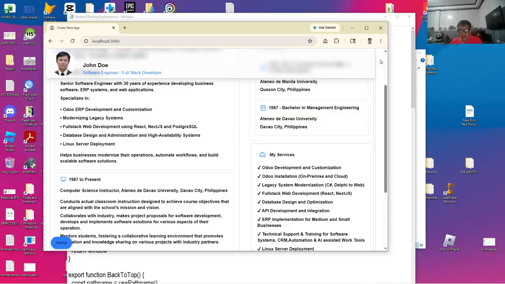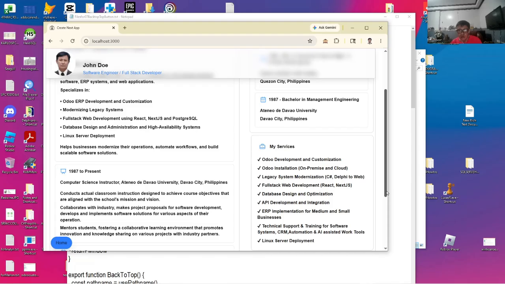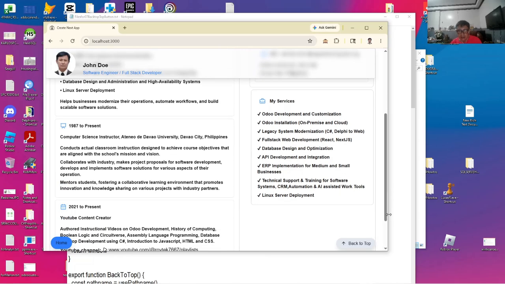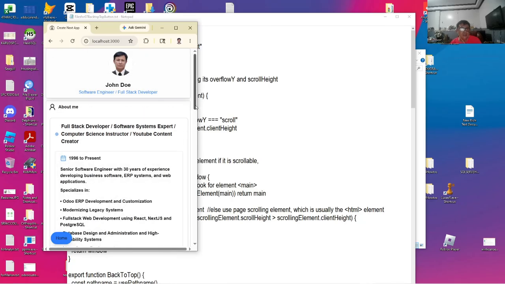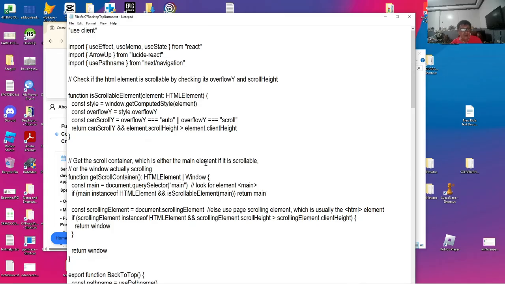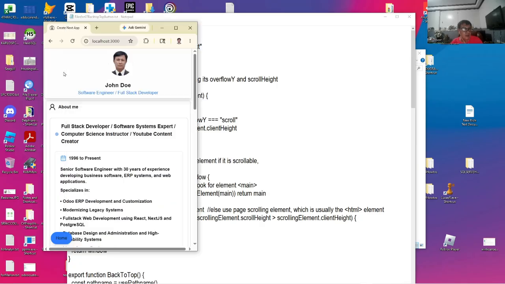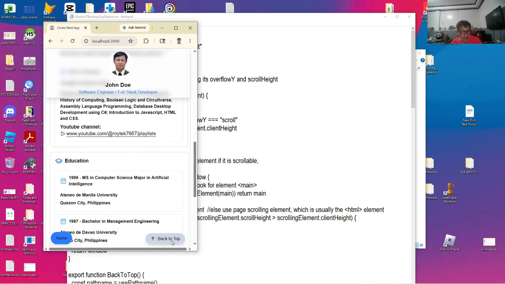And then let's try to scroll down. So if the threshold of 300px is reached, the back to top button automatically appears. And if it goes below 300px, it disappears, which is normal. Now if you click back to top, it brings you back to top itself without you having to scroll back again. So that's the main point of this video, explaining how the hidden back to top button appears when the threshold of 300px vertical value is reached.